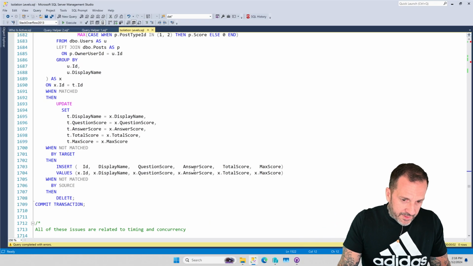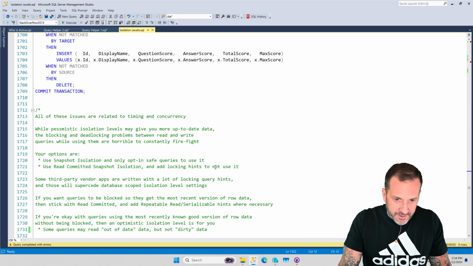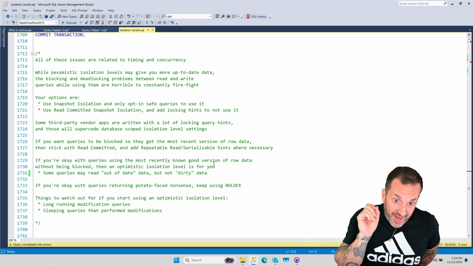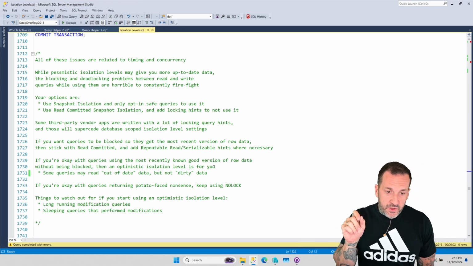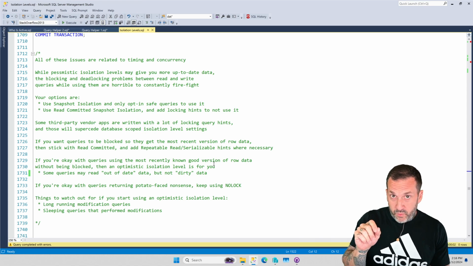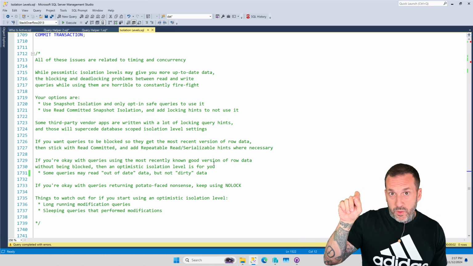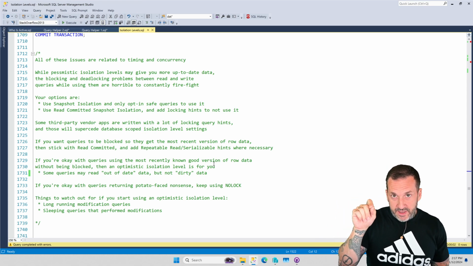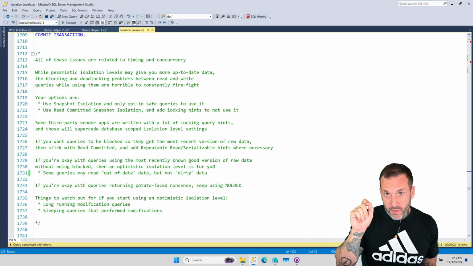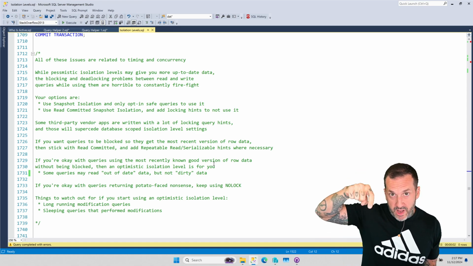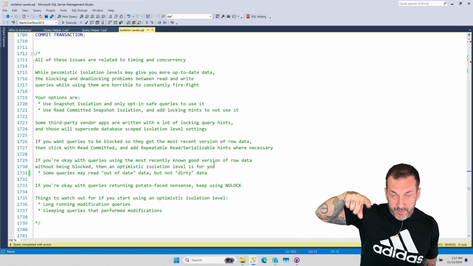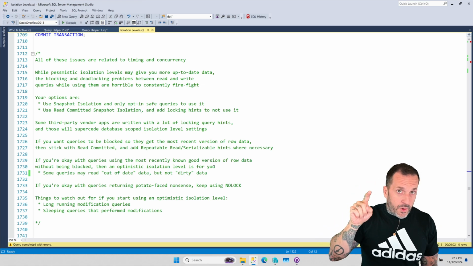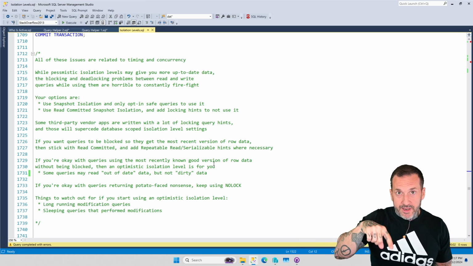So merge is another example that's pretty well a disaster. But the point is that all of these issues are related to timing and concurrency, and it's up to you to make a choice between which of those you want to win out. Either you want the query results to be exactly accurate for when your query ran, in which case you need to block changes to those tables, or you need to be okay with the fact that as soon as your query runs, what you just saw might be out of date.